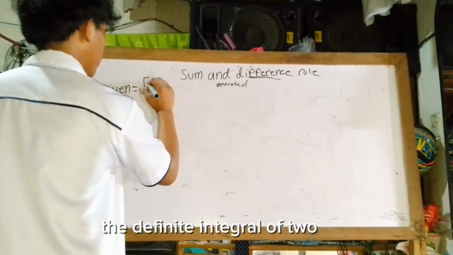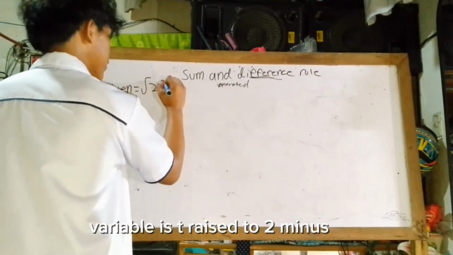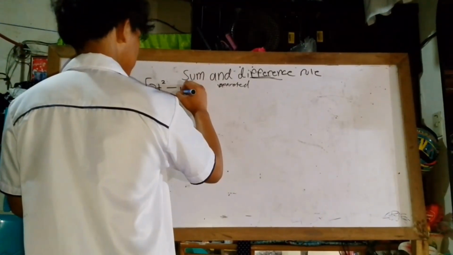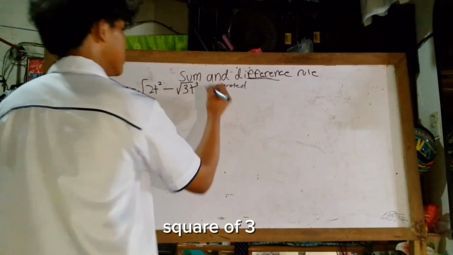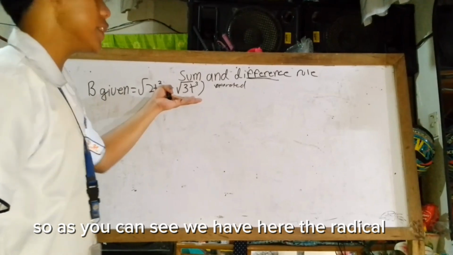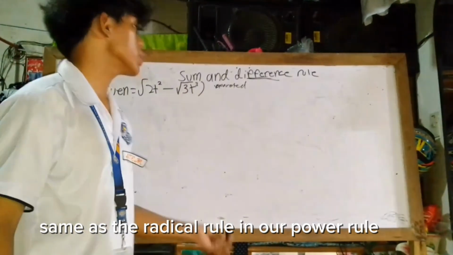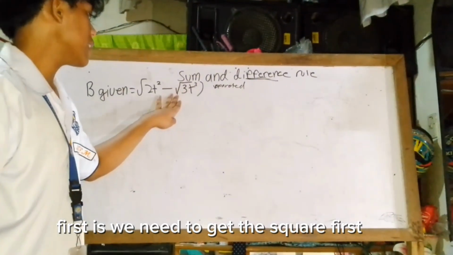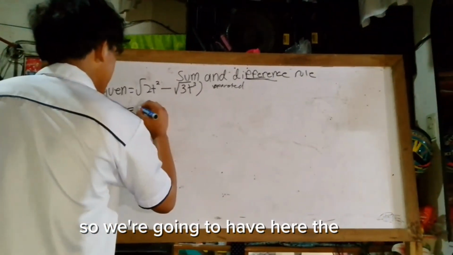indefinite integral of 2t raised to 2 minus square root of 3t^3. So as you can see, we have here the radical, same as the radical rule in our power rule. So the first thing is we need to get the square root first. So we're going to have here the